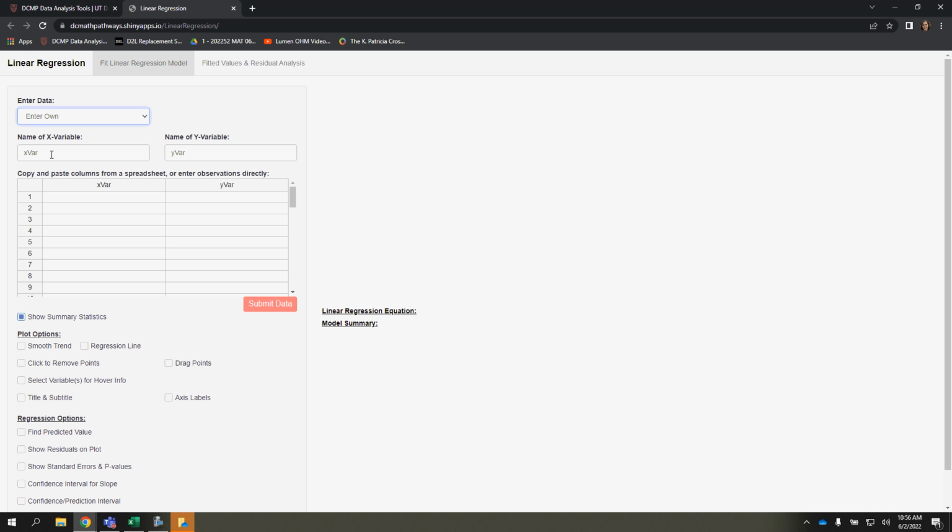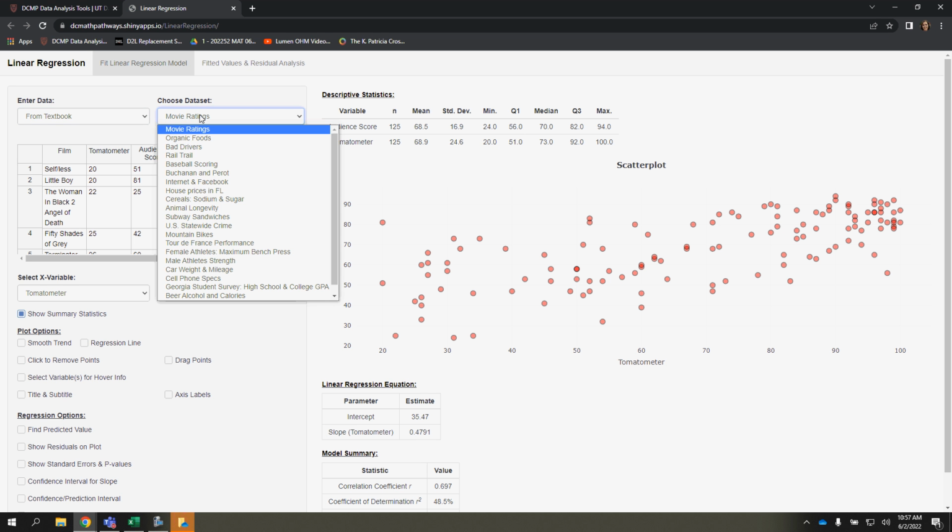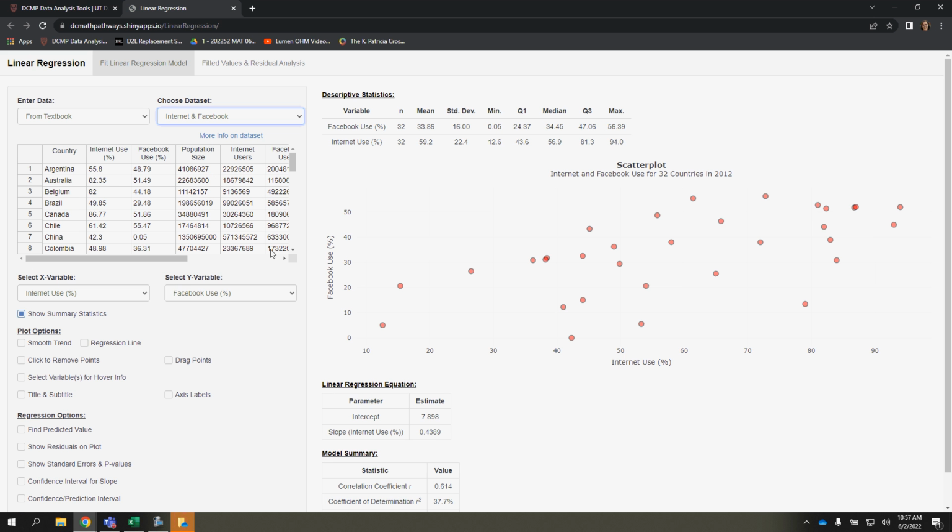Though for most of us, we'll probably just have it in some type of notebook if we're collecting our own data. For purposes of example, I'm going to go ahead and use data from the textbook, and you could select from a whole list of things that they have here. So I'm going to go ahead and select, let's see, house prices in internet and Facebook. That looks good. So what we can see here is they're comparing the percent of internet use to the percent